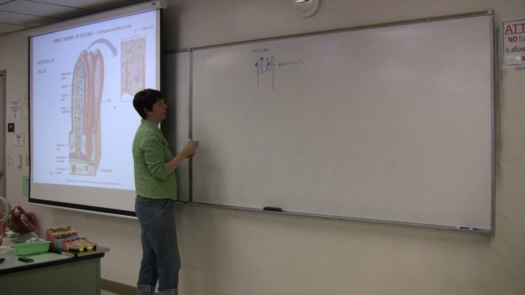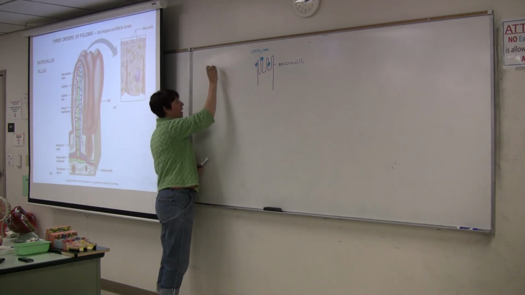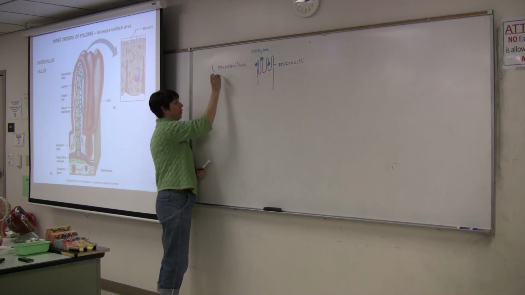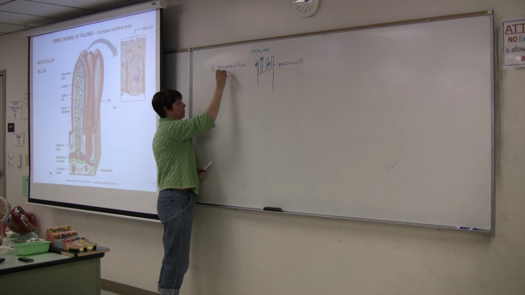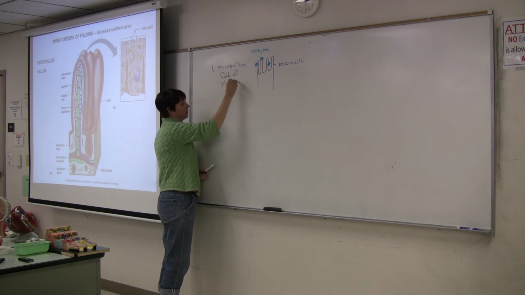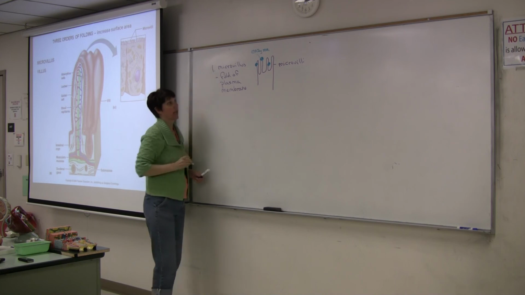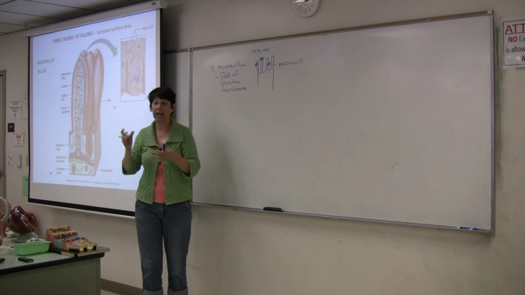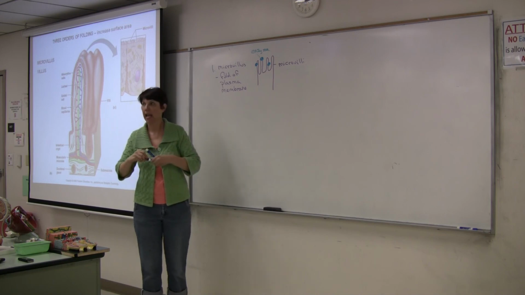So our first order of folding creates the microvillus, which is our singular form. And this is a fold of plasma membrane. Then we take all these columnar cells that are forming the epithelium, and